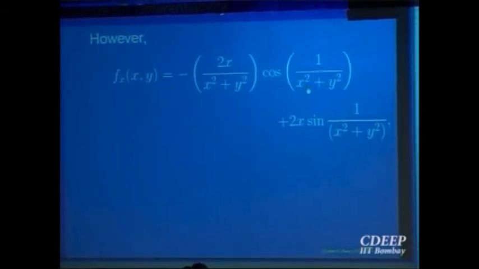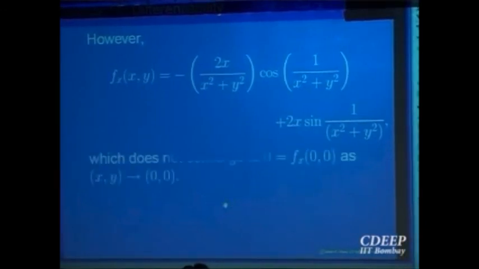Fx, if you differentiate with respect to x, keeping y fixed, this is a partial derivative, right? At a point nearby, we are not looking at 0, in a neighborhood it should exist. So at points not equal to 0, 0, do you think this converges to a limit as (x, y) goes to 0, 0? The problem will be, this thing will maybe be okay, because x goes to 0, this will go to probably 0. But even that thing blows up, it is 1 over x square plus. So this is a term which is going to cause a problem, that is going to blow up. So this function fx, as (x, y) goes to 0, 0, is not going to have a limit. So continuity of this does not arise.